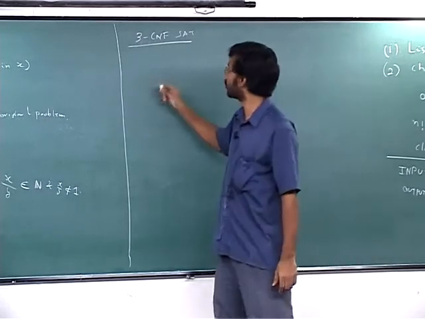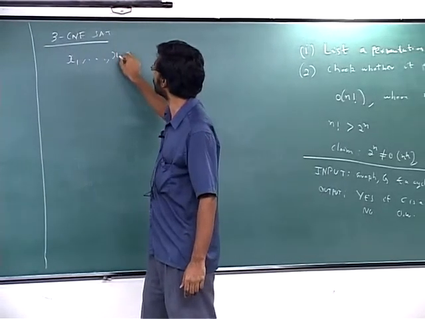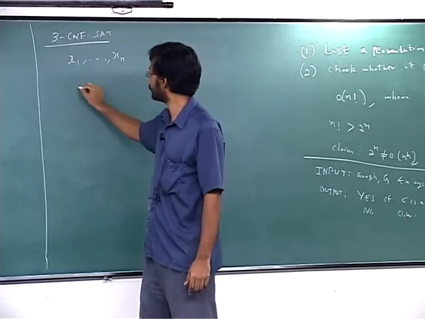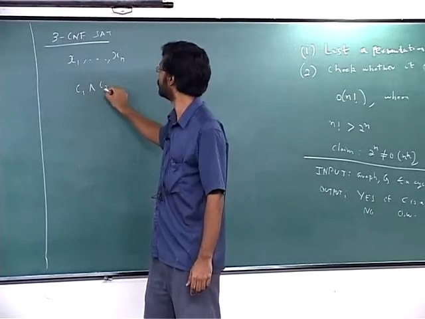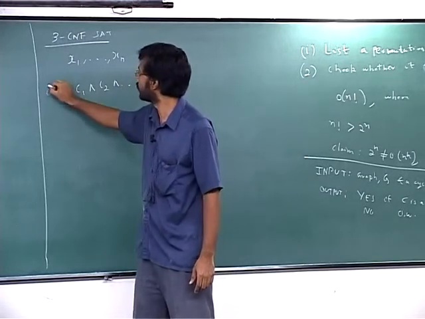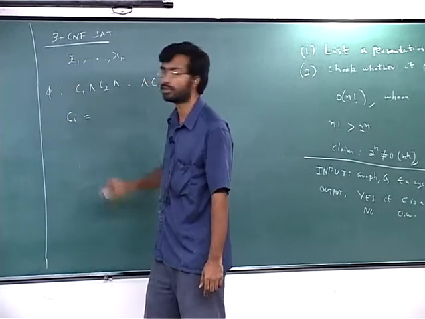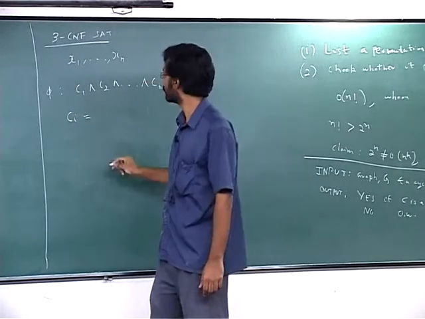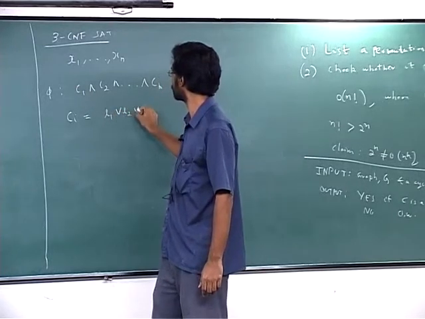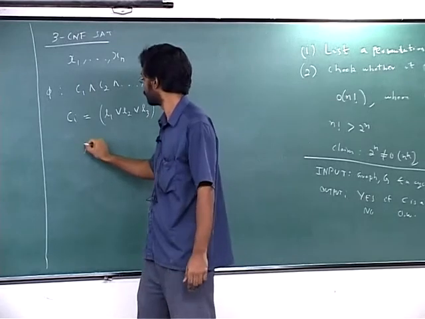So this is basically a formula on some variables x1 to xn, and the formulas are of this form. C1 and C2 and so phi is a formula like this, where each of the Ci is equal to some